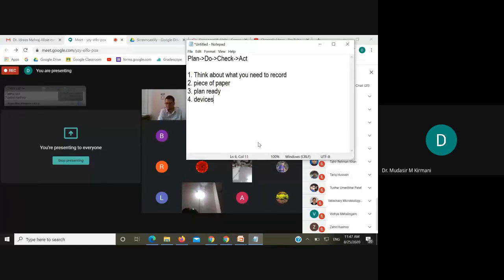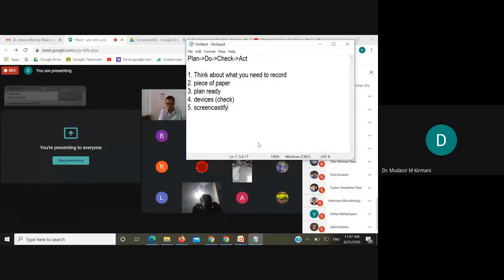Now, once all these attributes are ready, once you check your devices, once everything is okay, you can go and start Screencastify. Why did I mention Screencastify over here? Because as on date, we have learned only one tool, that is Screencastify. But in due course of time, in the coming sessions, you will learn more tools to record videos.